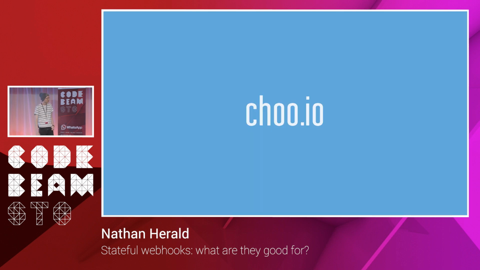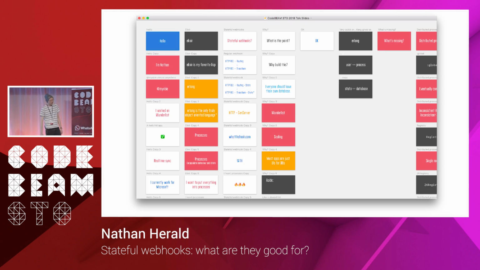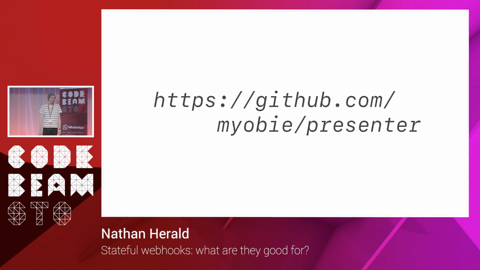Just so you know, it's a JavaScript thing. I use Chew, which is a JavaScript library, and I always mention it because I really like it. So you should go to this website and use this JavaScript library. I haven't built an author yet, so I design all my slides in Sketch, which is not a good program to design slides in. It has no abilities to design slides, so I spend a lot of time laying out text over and over again and making it colorful. Either way, you can use it if you want after the glowing endorsement I just gave it. It's open source, and I will hopefully make it better over time.